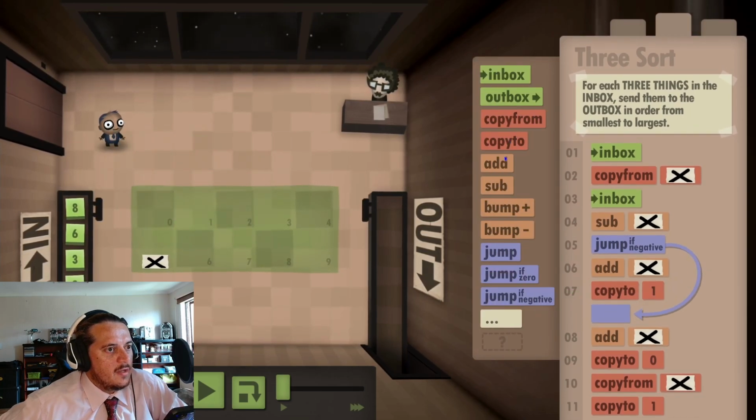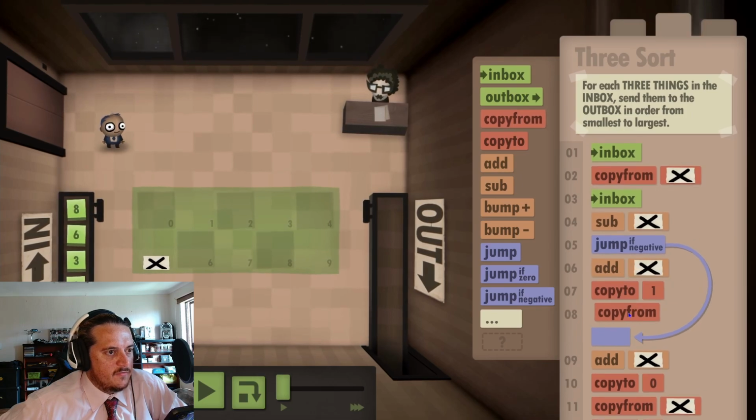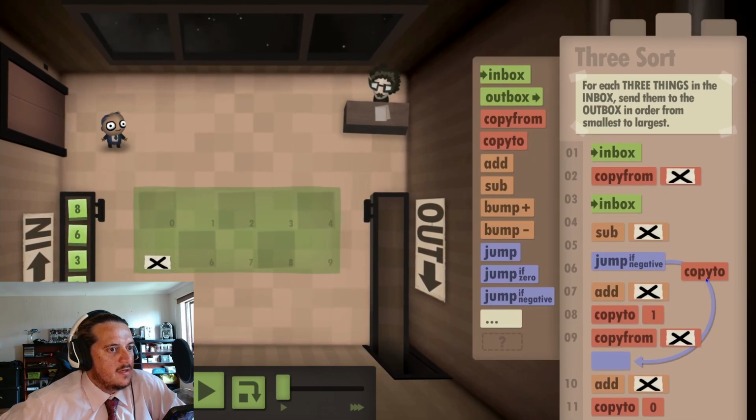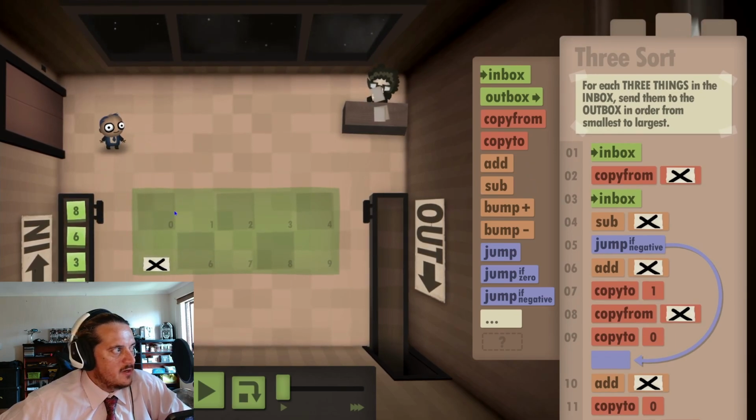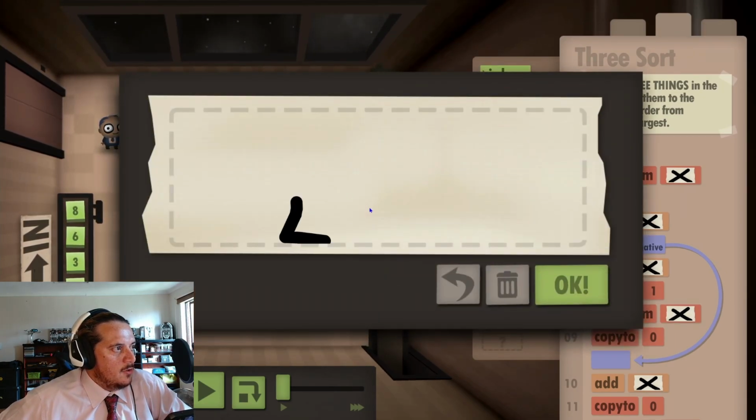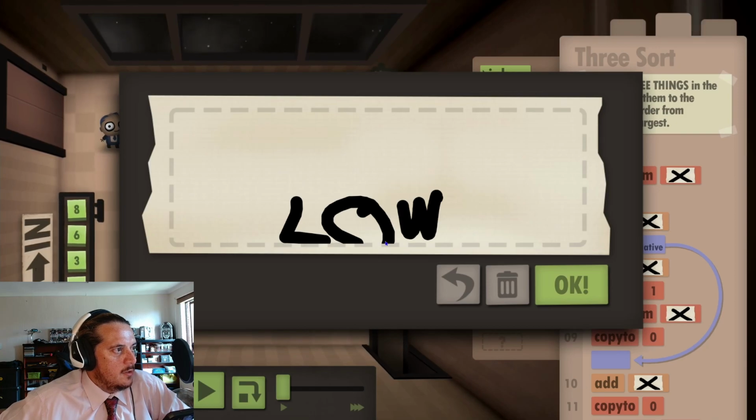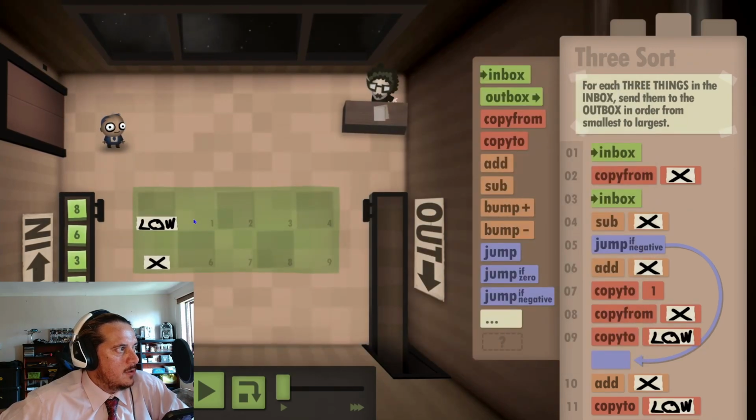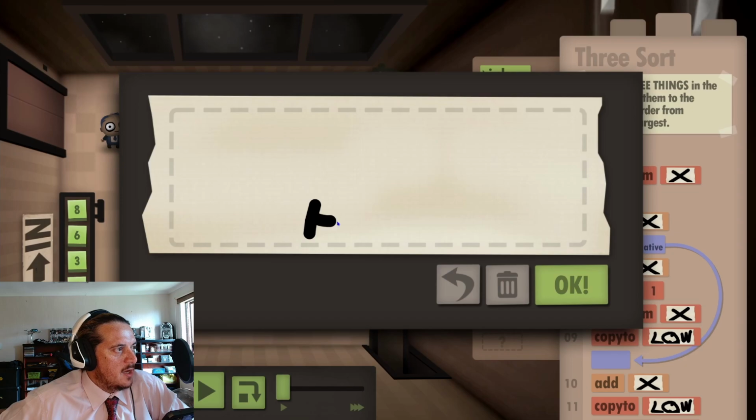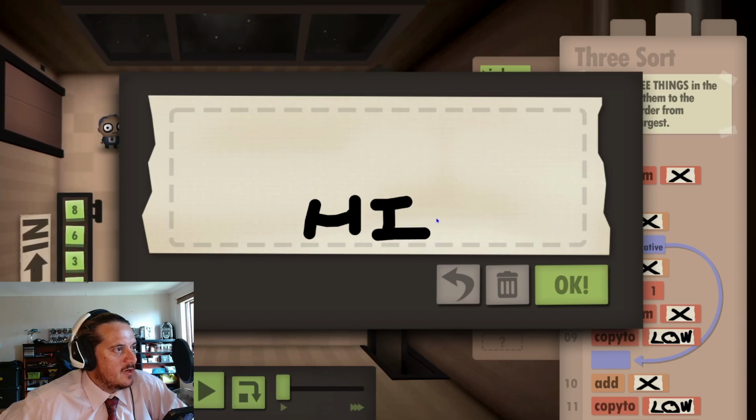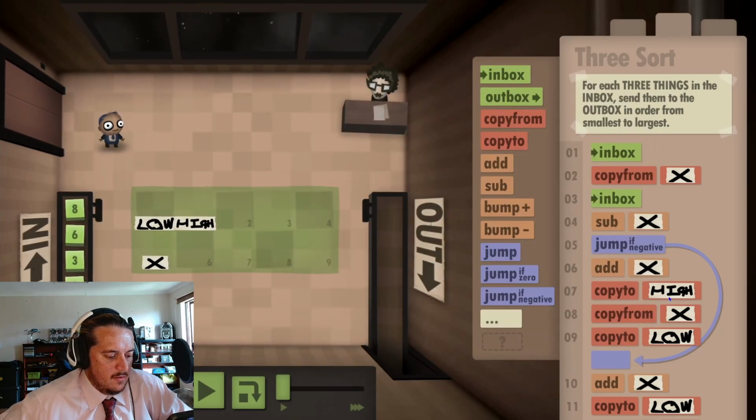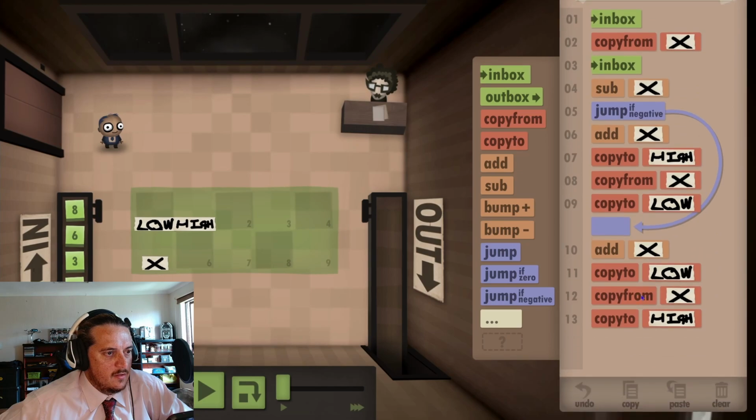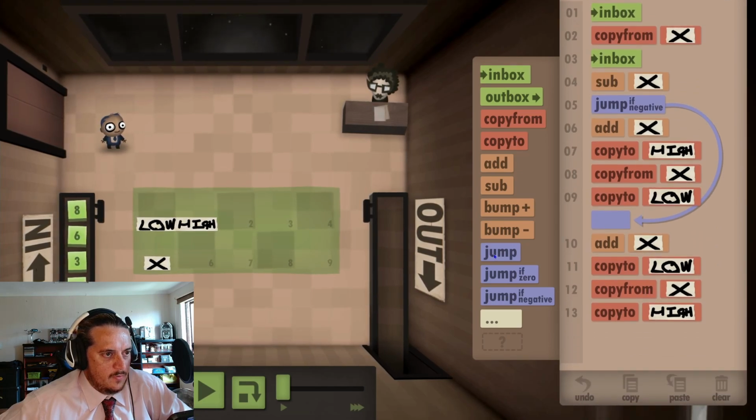1 and copy from X, copy to 0. Because now you have it in order, right? So now you've got it in low, high. So now you know between the two which is lower, which is higher. Okay. Then we're doing